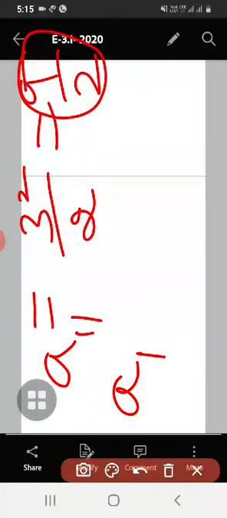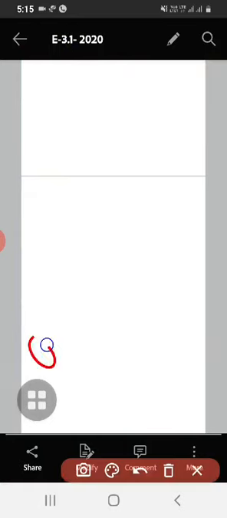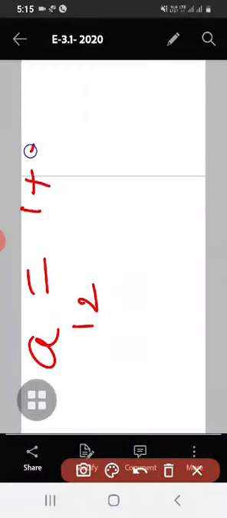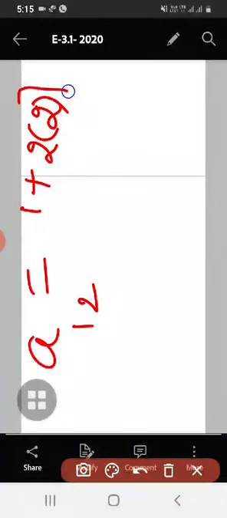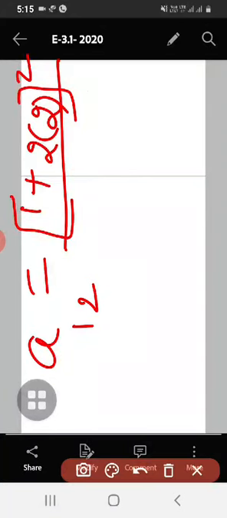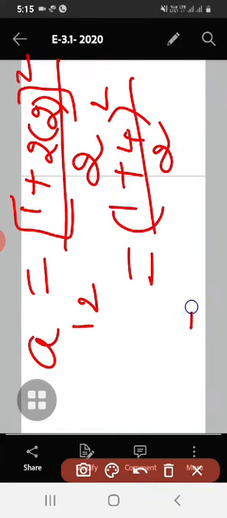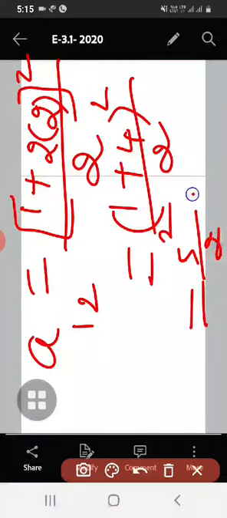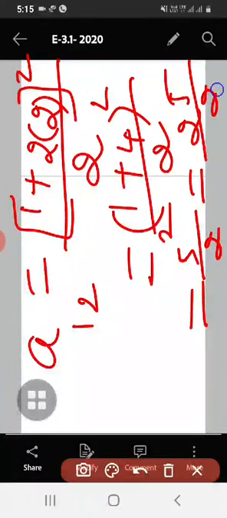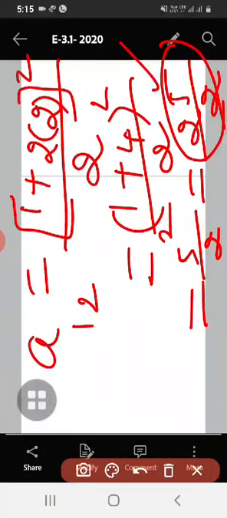Now let us calculate A12. So we have to calculate this A12. What was given here? i plus 2j, i means 1 plus 2 into j means 2: (i plus 2j) whole square divided by 2. So inside the bracket I have 1, 2 2s are 4. So (1 plus 4) whole square divided by 2. So 1 plus 4 is 5 square divided by 2. 5 square is 25 divided by 2. So my next element is 25 divided by 2. You note down this one, 25 divided by 2. So let us go for the remaining 2 elements.